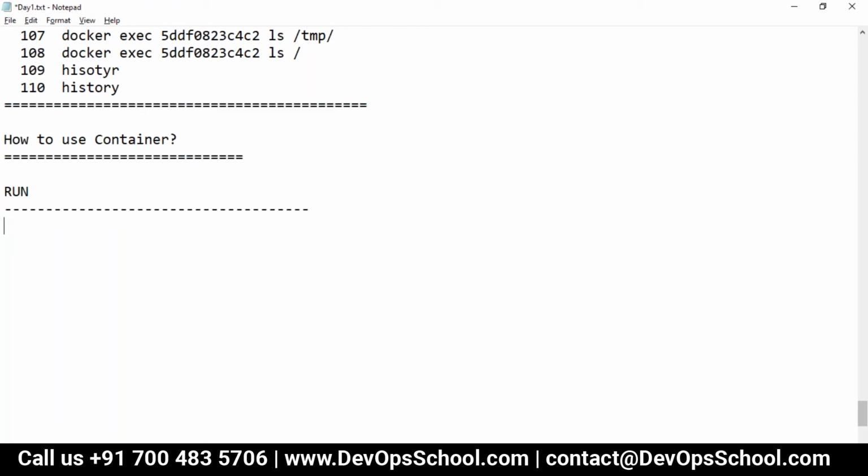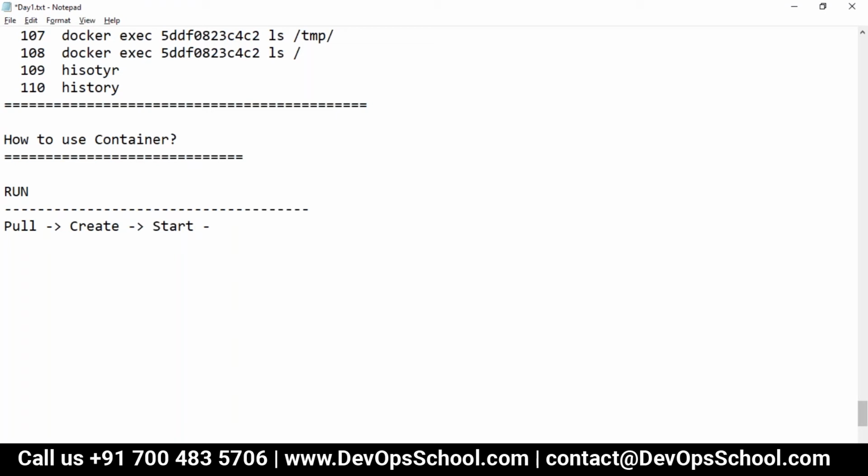Yes, we have a magical command which is basically a shortcut to pull, create, start. If the image does not exist, it pulls it. After that it will create a container, and after that it will start the container.